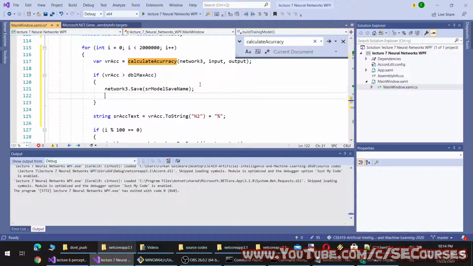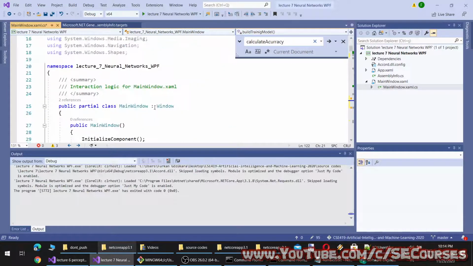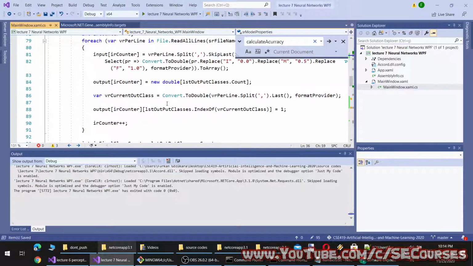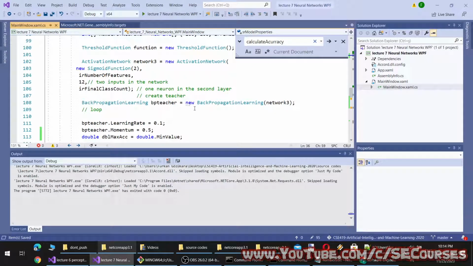We should also save the maximum accuracy as model properties, model prop. Okay, so for model properties, I am going to compose the properties, and it is all about saving.